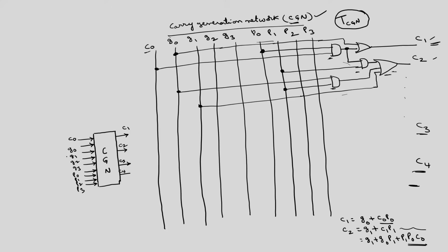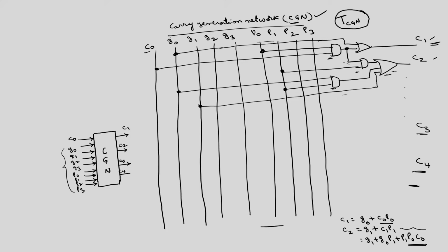So, after the first step using this AND gate and exclusive OR gate, we have generated all P's and G's. Second step, using this carry generation network, we have generated C1, C2, C3, C4. Okay. So, what is the last step? We have to generate the final sum and final carry C4. C4 is the final carry, of course.